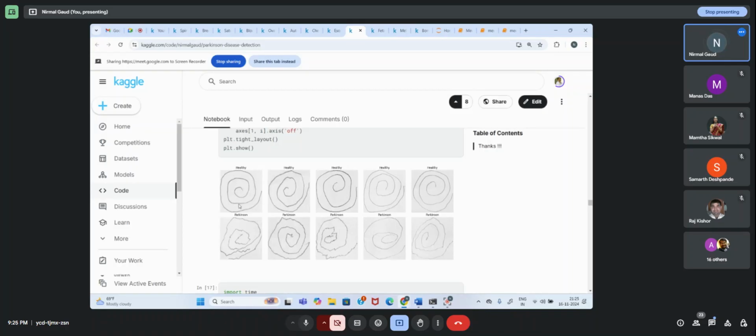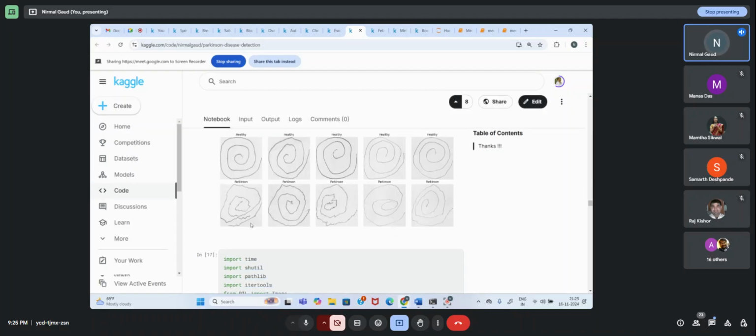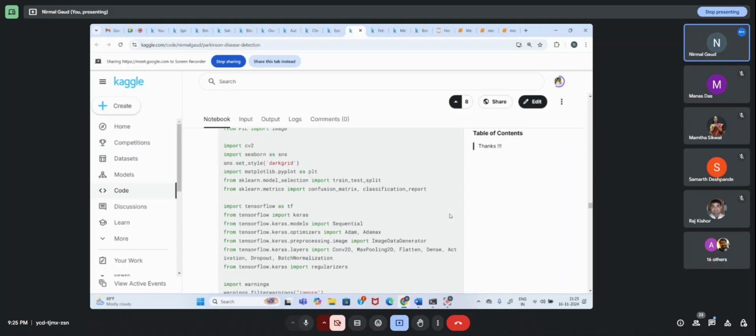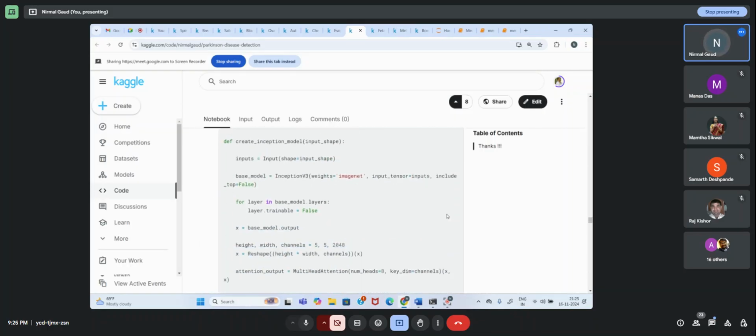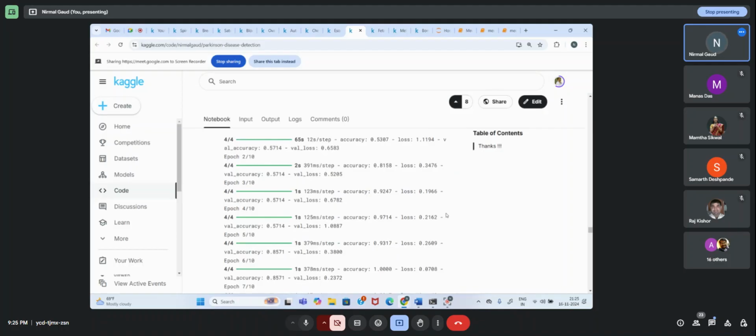If you give a pencil to that person and ask that person to draw, because of lack of concentration, a person who is having Parkinson problem will draw images like this. A healthy person is concentrated. A Parkinson person is not concentrated. Such kind of images. So in these images also, again the same flow, Inception v3, same code, Inception v3